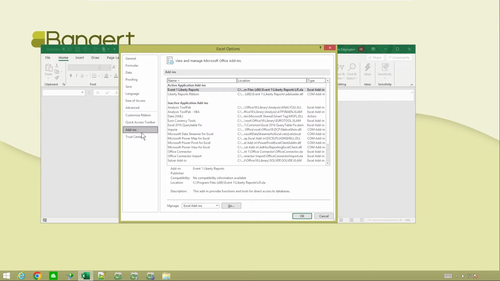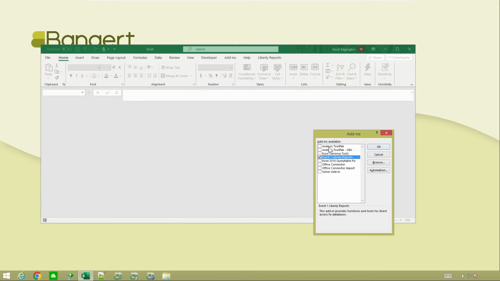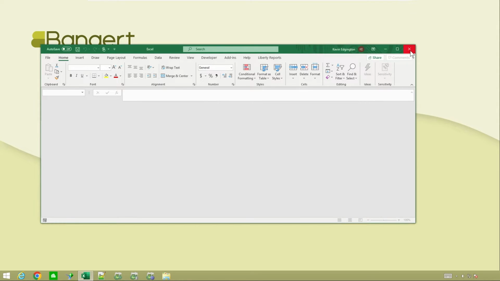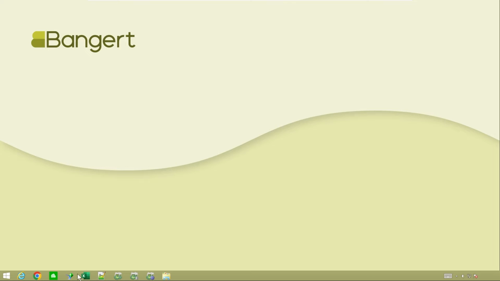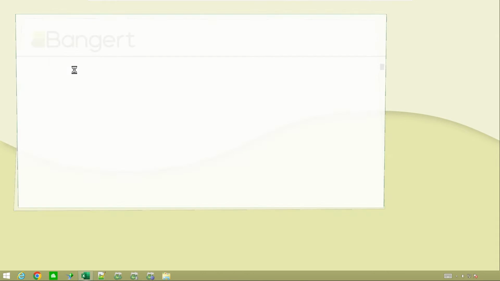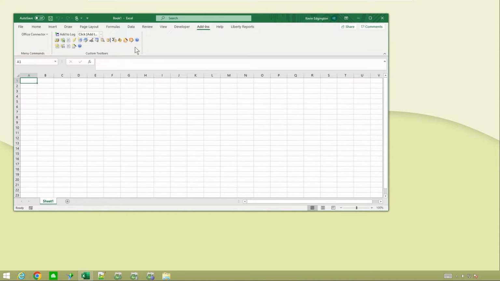I'm going to go back to my add-ins. I'm going to go back to my Go. And I'm going to go ahead and just check the box that I want those to be enabled. So then I hit OK. It'll get done loading up. There again, I close Excel down again. And then when I go back and open up Excel, that'd be about the third time, and look at my add-ins, I'll see that I now got the toolbar functions and so forth.